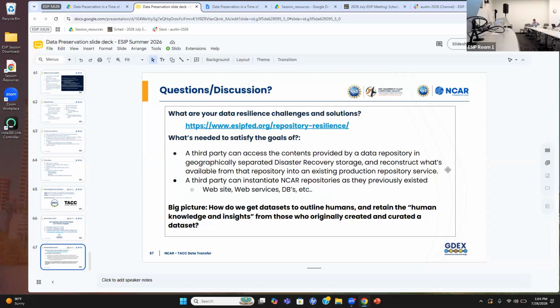Hi, Matthew Biddle, NOAA's Integrated Ocean Observing System Office. Fantastic work. This is really cool. Not cool, but really a fantastic use case of how to go through this process. One of the things that I've been thinking about is GDEX was an established system with an established architecture, and you kind of had to work with what you were given at that time. Are you all planning on writing up a lessons learned, if you were to establish a new repository? These are the architecture decisions you would make in order to facilitate these types of transfers or ensure backups and